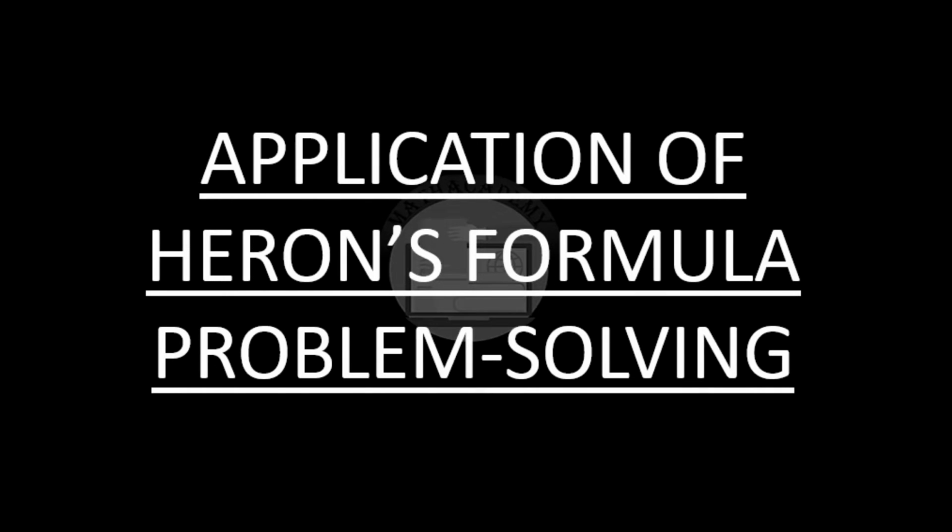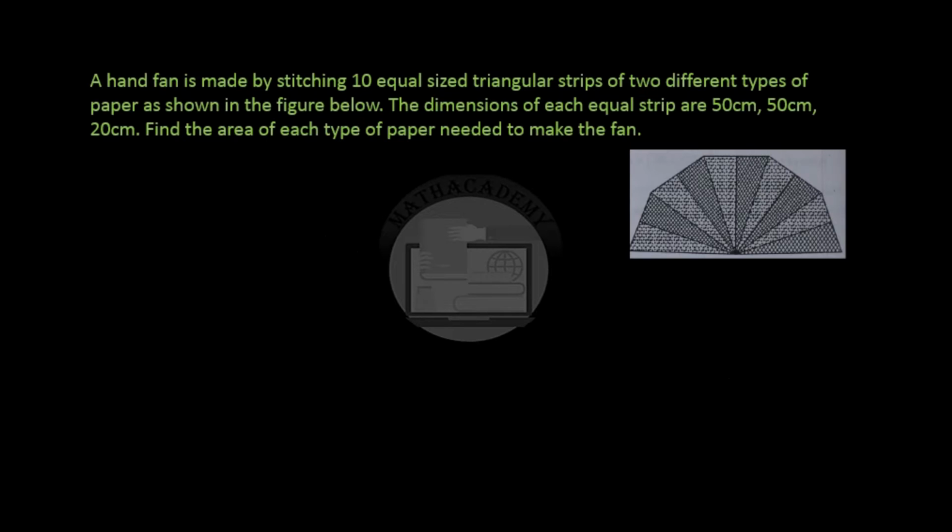In my previous video on Heron's formula, I explained what Heron's formula is with the help of examples. In this video, we will see some of the questions which are based on the application of Heron's formula. So, let us begin. A hand fan is made by stitching 10 equal sized triangular strips of two different types